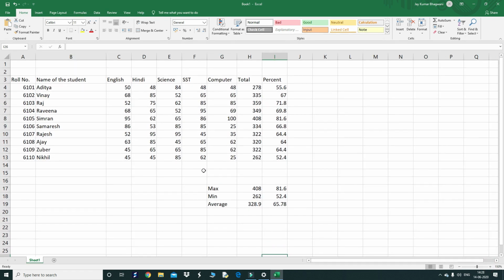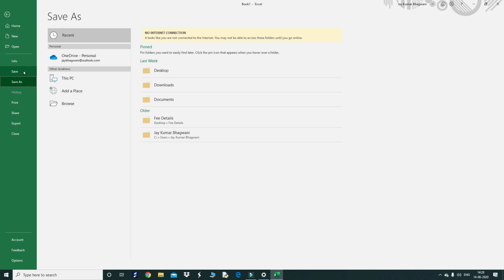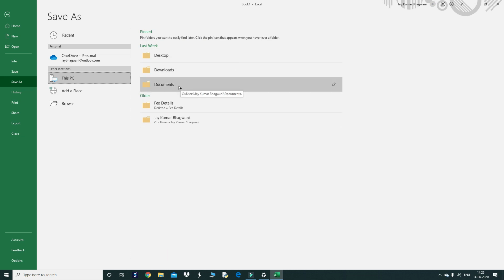Now you can work. Now the next option, after entering and calculating all these cells, we should know how to save our workbook. So simply go to the file option. There is an option called save. Click on the save button. Then it is asking where you want to save. If you have an internet connection, you can directly save this file in your email ID. But I don't want to save in my email ID. I want to save my file in this PC only. So the This PC option comes. Then where do you want to save? In the documents folder, on the desktop, where? Suppose I want to save my file in the documents folder. So just click here, documents.